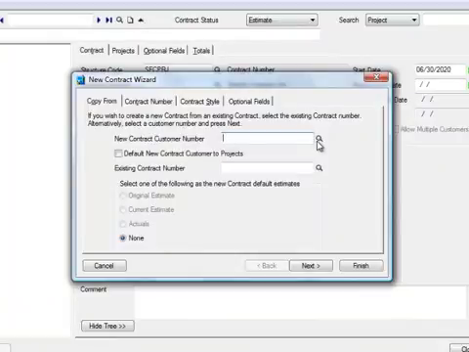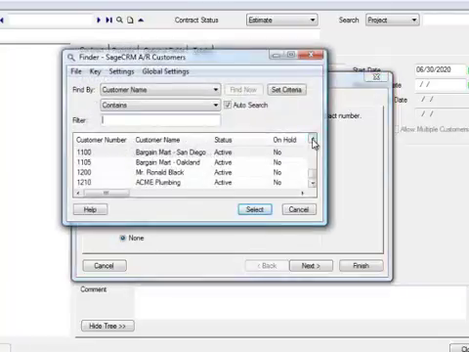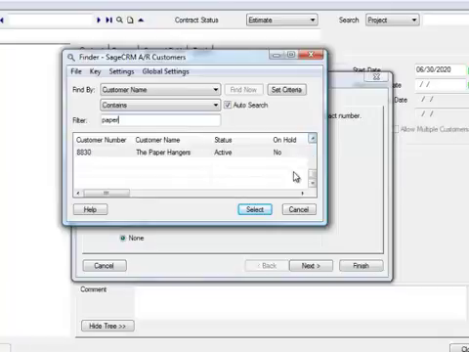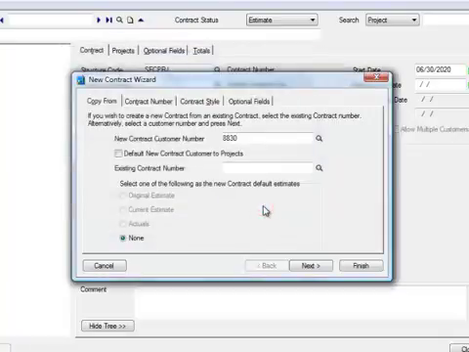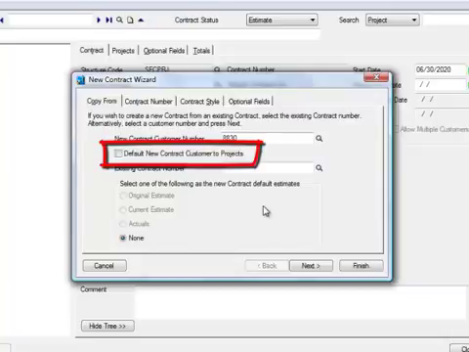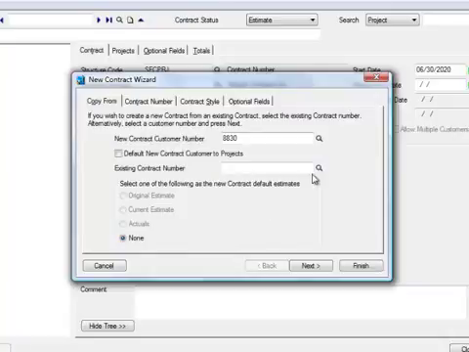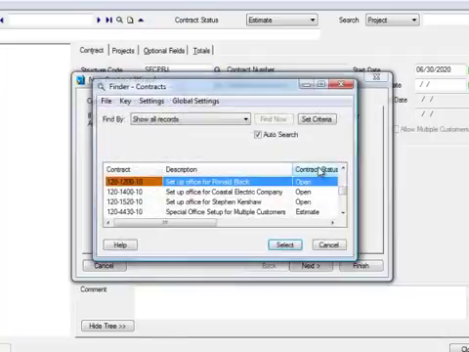We'll use the Finder to enter the new contract customer, and we'll search by customer name contains paper and select the paper hangers. The option to default new contract customer to projects comes into play when your template contract has been set to allow multiple customers. Since this example contract will have a single customer, we'll ignore this option. Now we'll choose the existing contract that will serve as our template, and using the Finder, we'll select the first one,